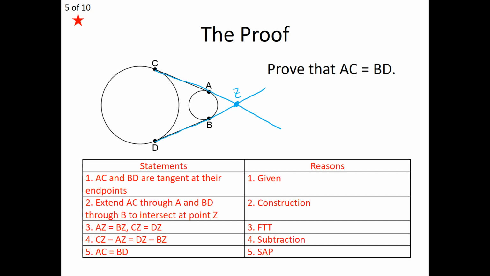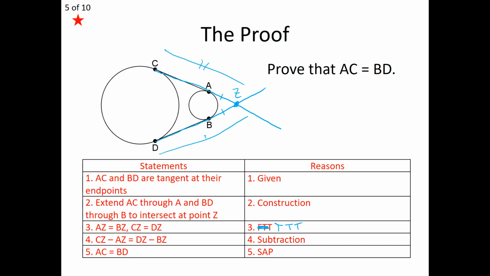Got it. Now, what we notice is that Z is an external point of both circles. And because of that, not the FTT, that's a typo, we should have the TTT, the twin tangent theorem, steps in and says, hey, you actually have twin tangents. You actually have two pairs of twin tangents. You have these little parts, AZ and BZ. Those are actually a pair of twin tangents, and the whole segments CZ